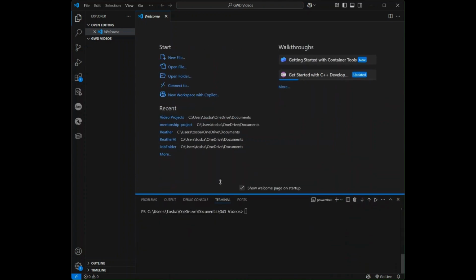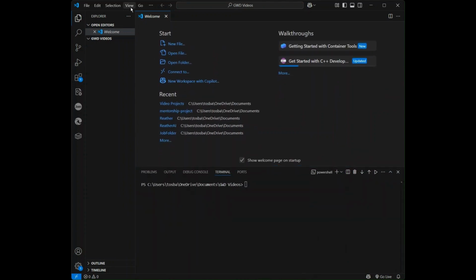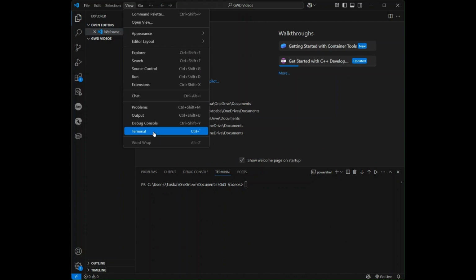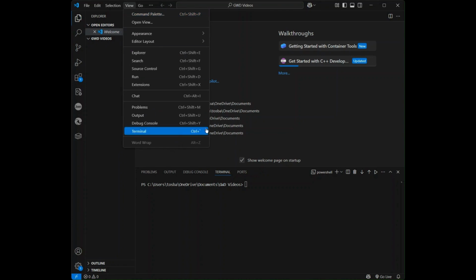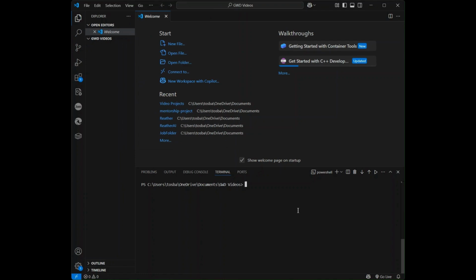You can drag it up, or you could go to View and click Terminal, and you can see Terminal at the bottom. You can click Word Wrap right now. It shows a command on Windows, Control plus an asterisk, or whatever the symbol is. If it works on Mac or Linux you can do it too, or you could see what it says in your own Visual Studio Code or your own editor. So now that this is open, we're going to use